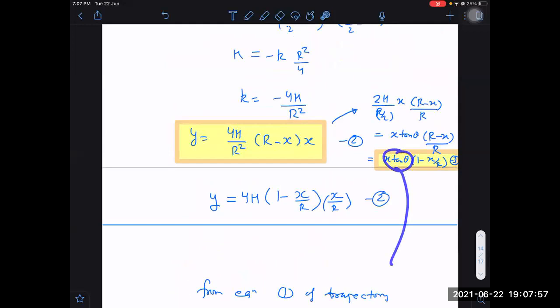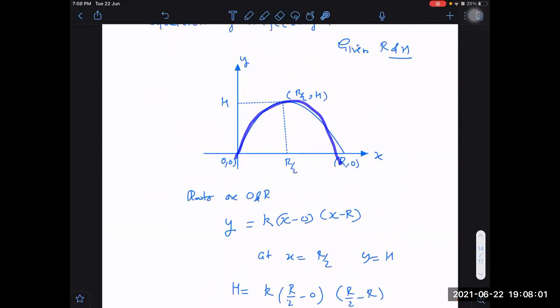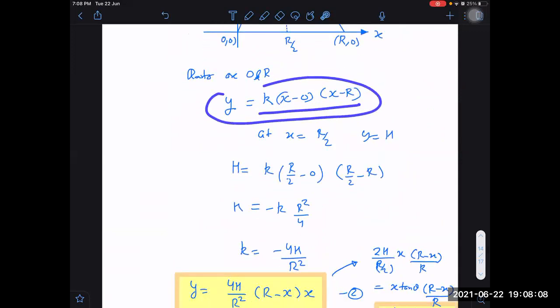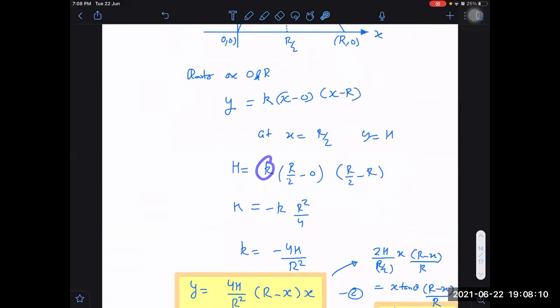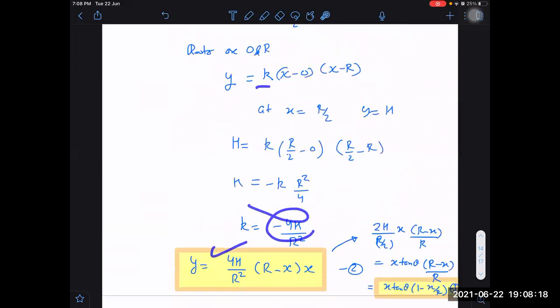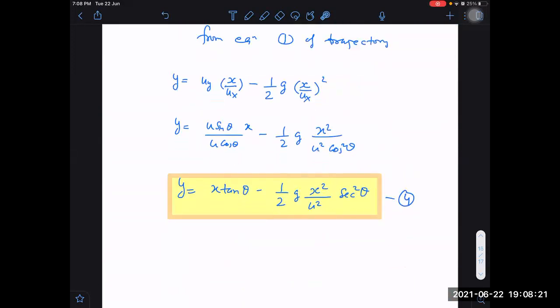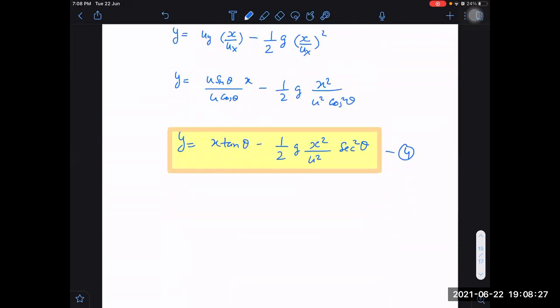What does this tell us? This tells us the method of roots, that if it is a parabola, I can take it like a normal mathematical expression and use that equation the way we write in mathematics, without worrying about what r means, and then I will finally get the values and the equation in terms of h and r. If I have written it in terms of theta, then this is also okay. There are different ways.